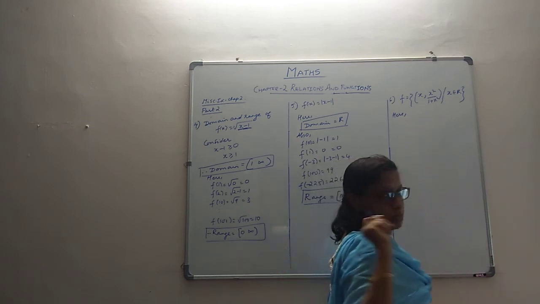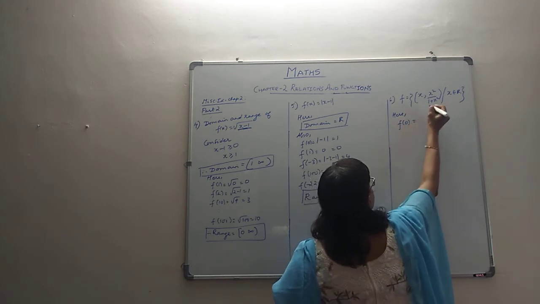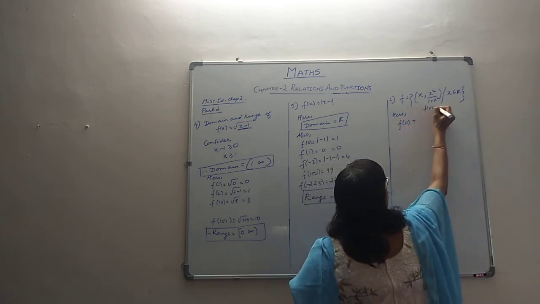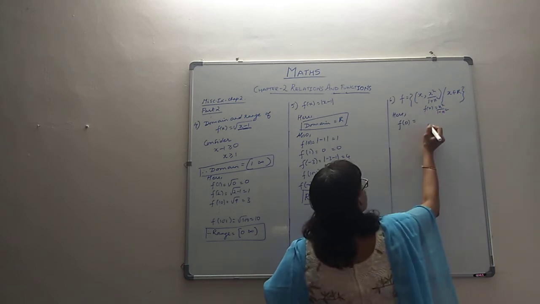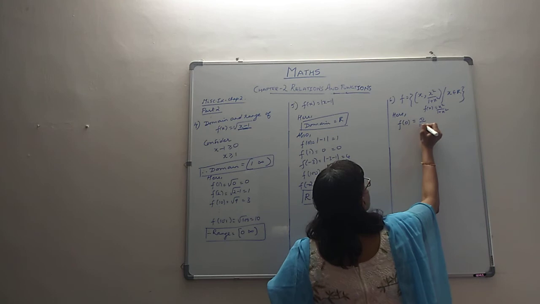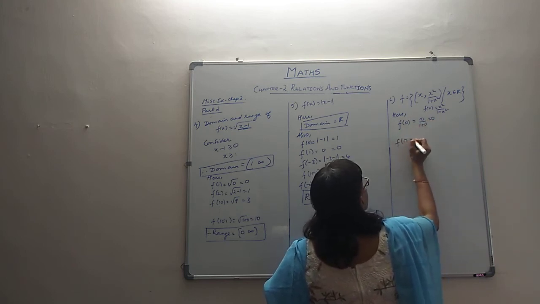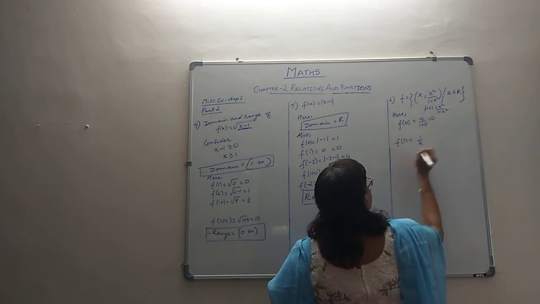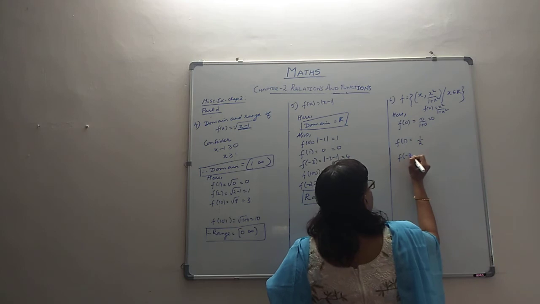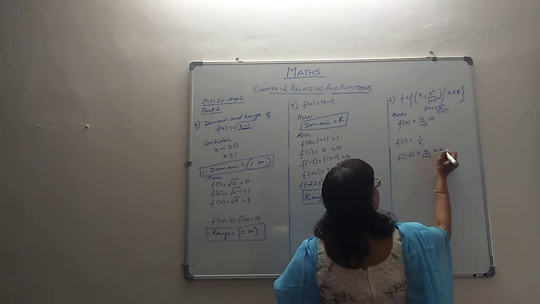Yes, we were looking at observation. So we'll take some values, f of 0 first. This actually means that f of x is x squared by 1 plus x squared. So it is 0 by 1 plus 0. Of course, that's 0. So f of 0 is 0. If you take 1, what will come? 1 squared is 1, by 1 plus 1, 2, so a half. f of minus 2 if you want. Minus 2 means it's 4 by 1 plus 4, 4 by 5.